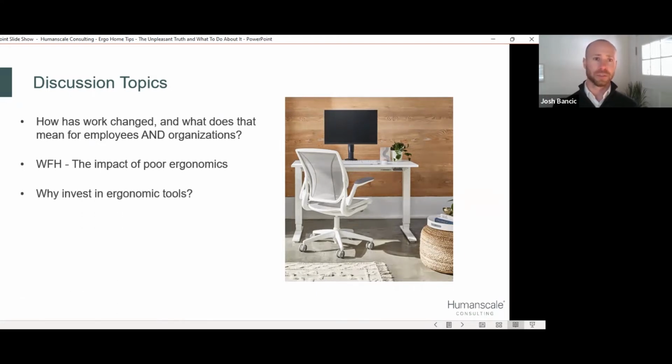And that brings me to why should we be investing in ergonomic tools, either as individuals or as organizations? What is the real benefit of investing in these tools? And yes, we want our employees to be productive. We want them to be healthy and comfortable, but it also can act as a way of retention. We've seen the Great Resignation making headlines. I think employees are going to be looking for obviously great organizations that they want to be part of,